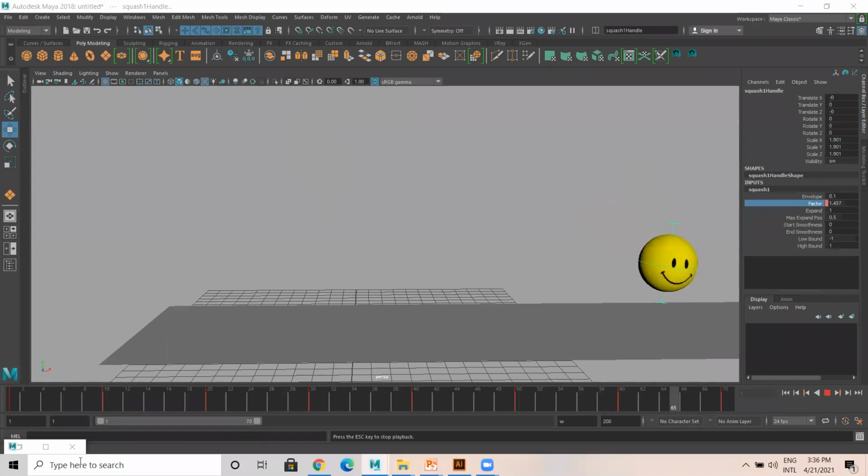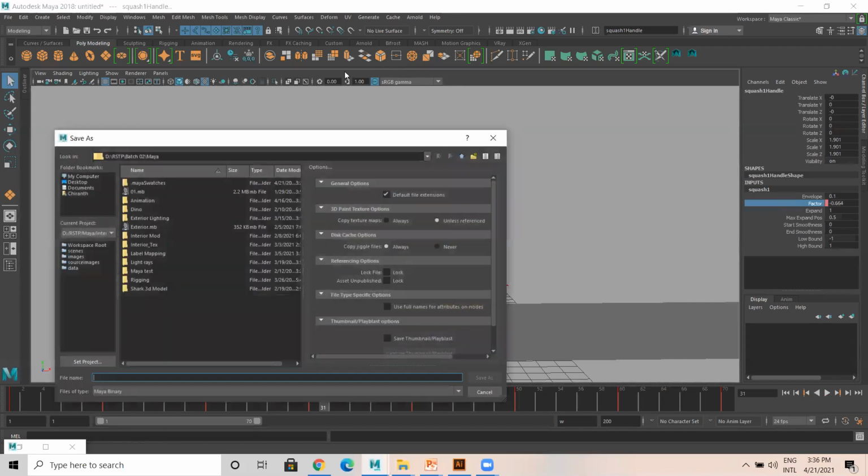So any doubts are there? Just with the deformer squash and stretch, with the help of deformer, we can create this kind of output. Okay. Yes, sir. Okay. So like this, there are other deformers also. We will see all that. So let me save this animation.